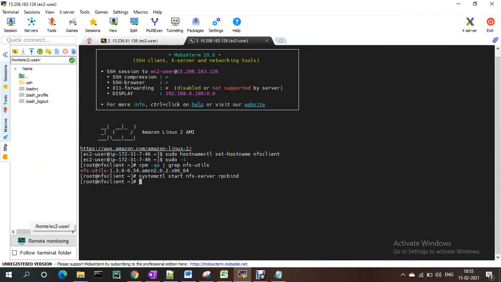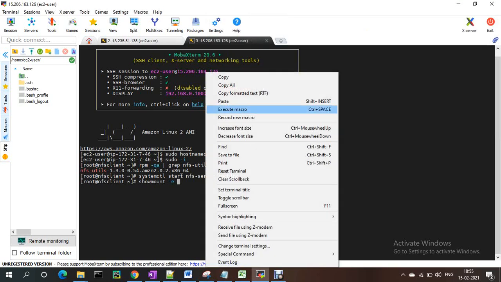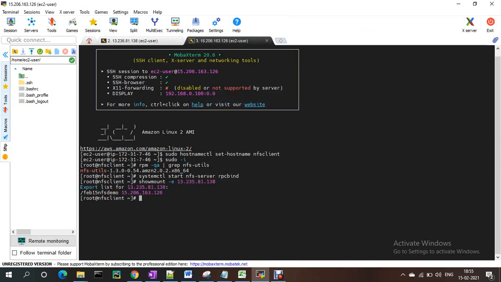So if you run showmount -e with the server address, the server IP we have copied here, it will be exported. This is the client one, and this is the server one. If you give showmount -e, that communication will be displayed.